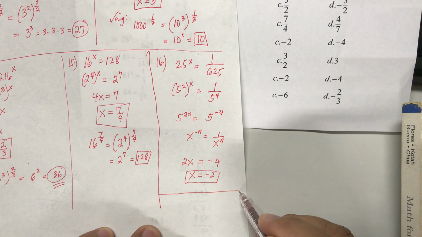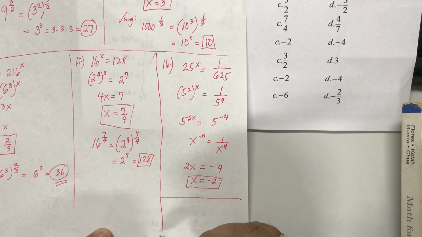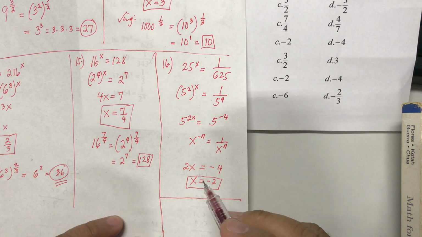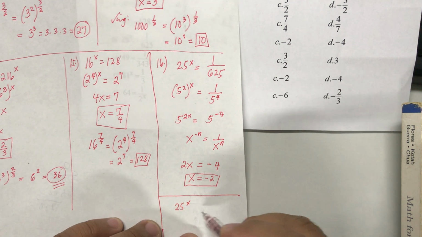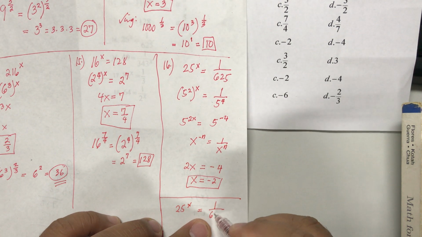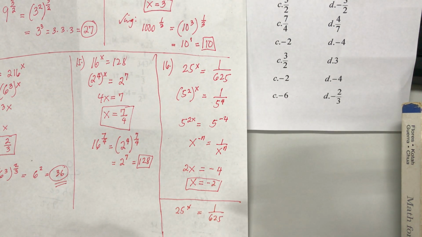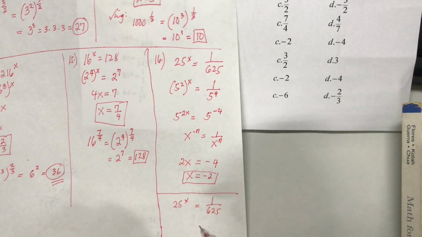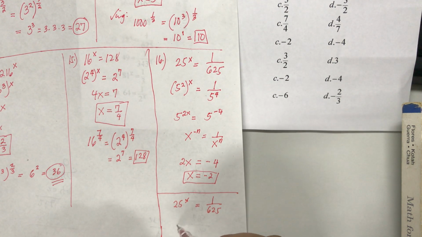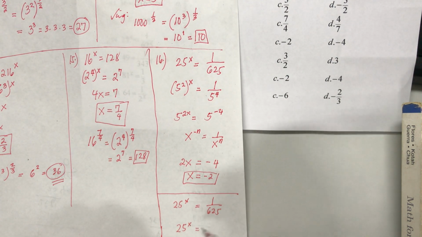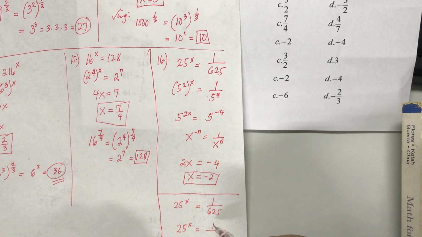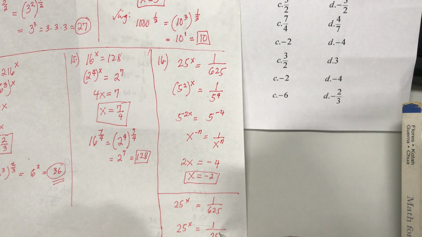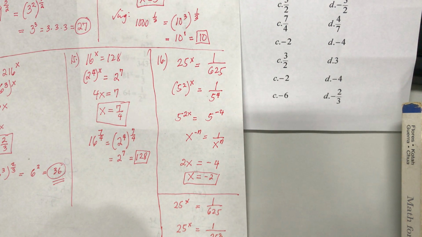Kaning number 16 may also be answered by taking another option. Say 25 to the power of x is equal to 1 over 625. You just write 25 to the power of x. Ang kanang 625 may actually be written as 25 squared. Because 25 squared or 25 times 25 is indeed